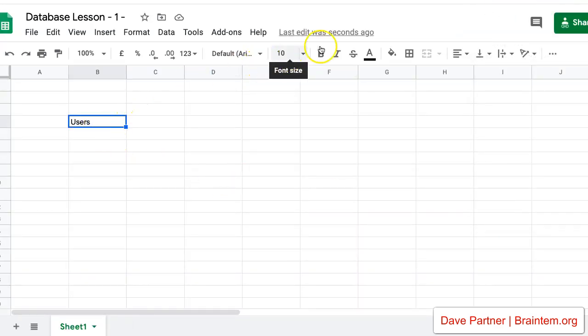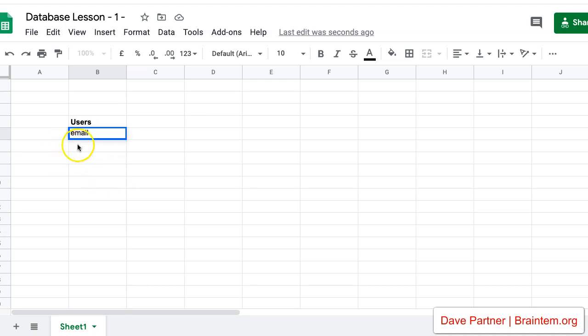I'm going to make it bold. It doesn't matter, just for aesthetic purposes, so that you can easily tell which one is a table and which one is not. You that is watching this tutorial, it's not like it means anything in the grand scheme of things. So a user table will always have